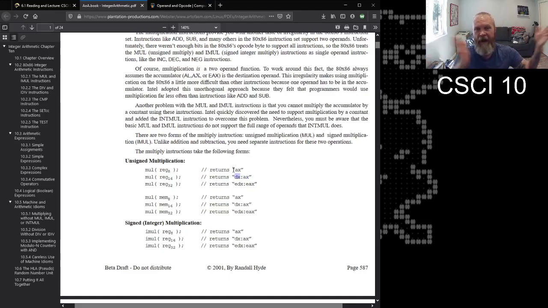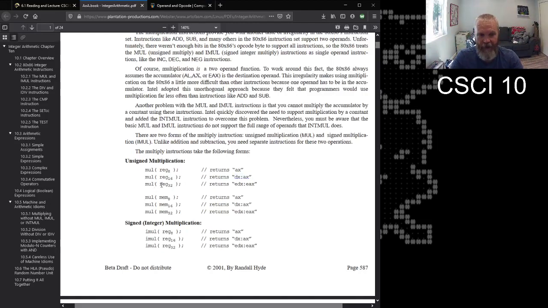DX has the higher 16 bits of the result, and AX has the lower 16 bits. You don't really need to know this for programming right now, but it's a matter of making sense of what this means. What it means in programming is that it's a pain in the rear to do 16-bit multiplication, because you then have to figure out how to get those two separate halves of the result put back together.